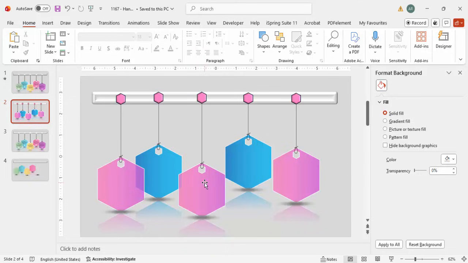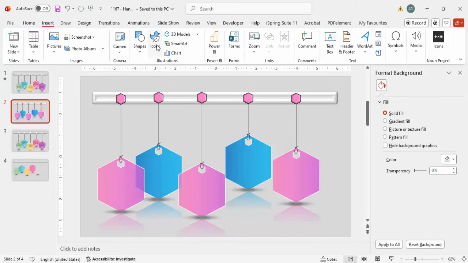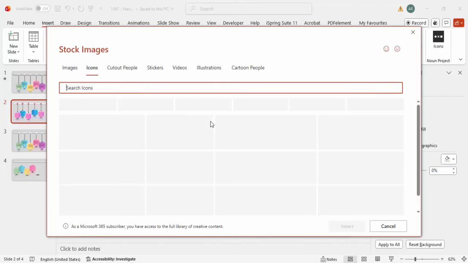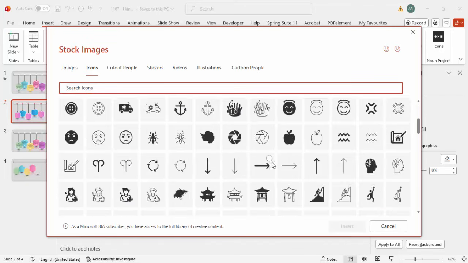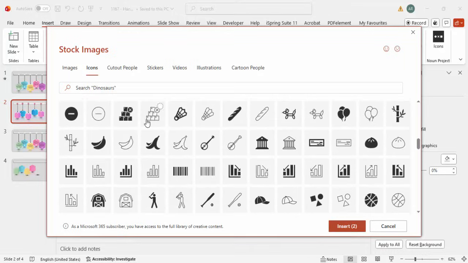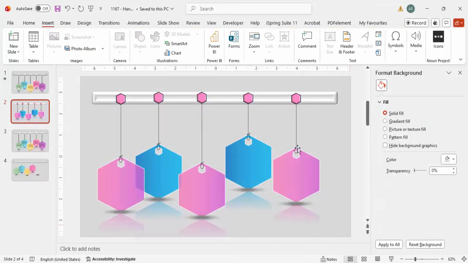The next thing which we want to do is to add the options or icons if you want. So you can just simply go to insert, click on the icons and choose the relevant icons when you are making the presentation. But in my case, I'm going to choose some random icons just for the tutorial purpose. So you can see here I'm just going to choose this one, these two. I need total 5, so this is 3, this is 4 and say this is 5. Click insert,